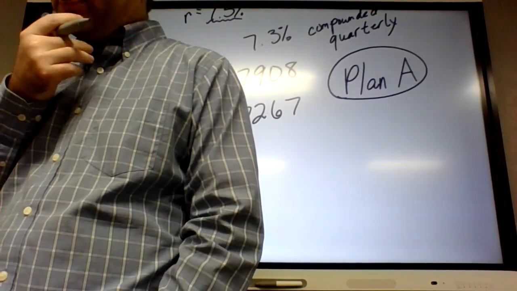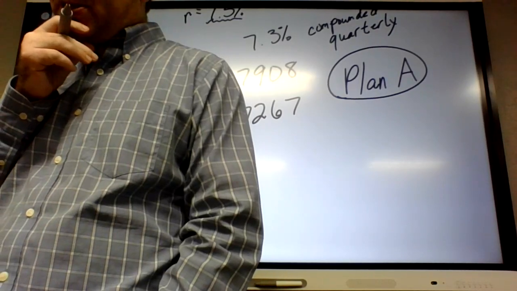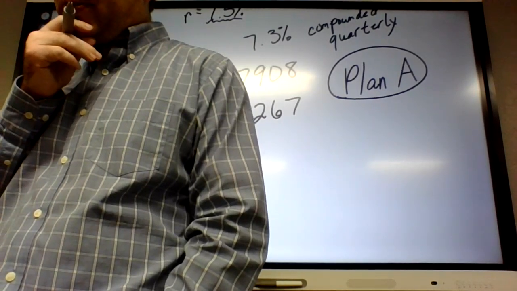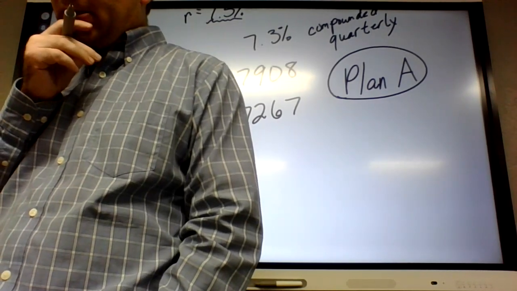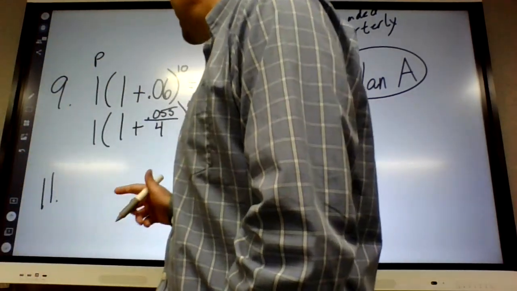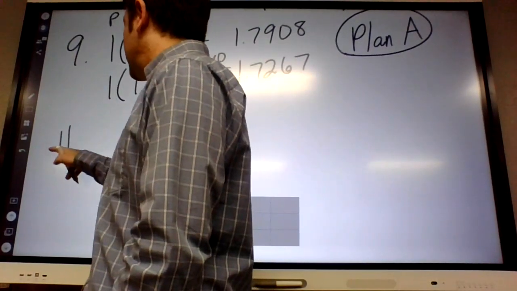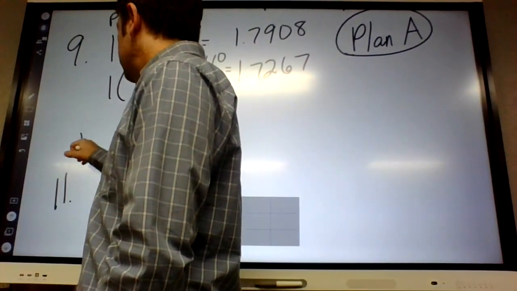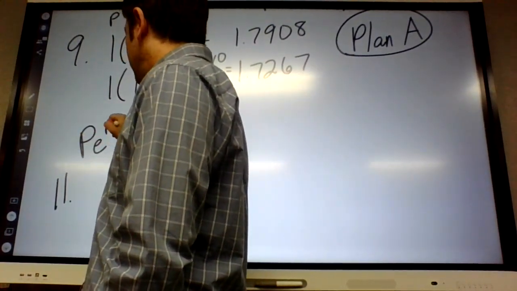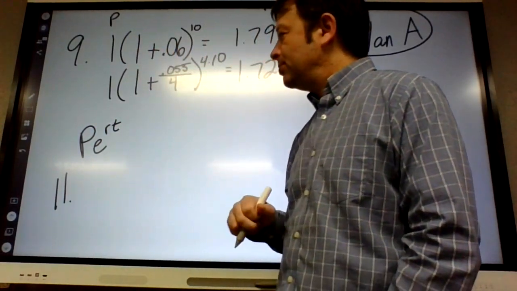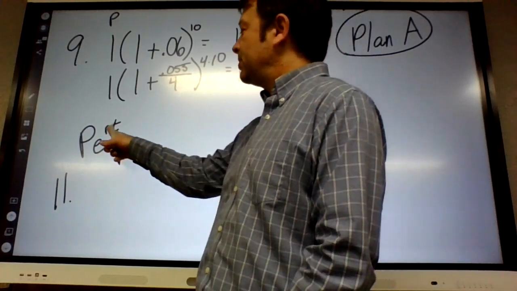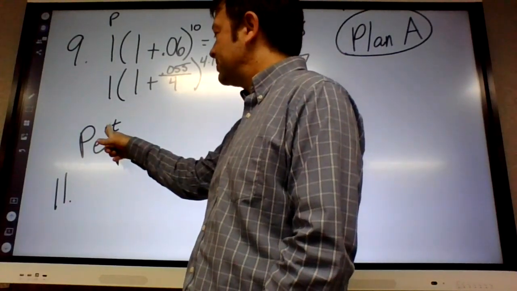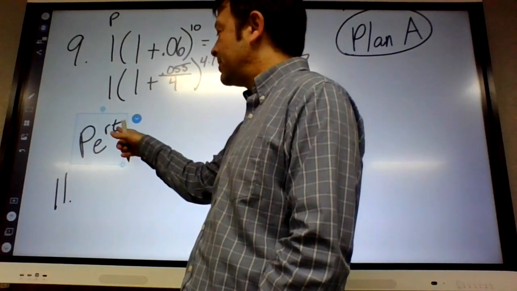Okay, number 11. Suppose that $1,000 is invested at 7% interest compounded continuously. This one's a little bit straightforward. Anyway, they just want us to use the compound interest formula. You guys recall it? E to the RT. There is no K on this one because it's continuous. But the only 2 variables, the interest rate and the time,